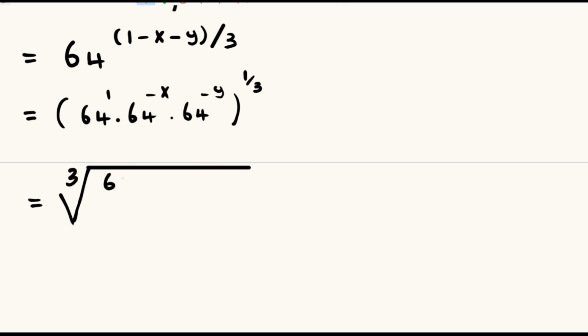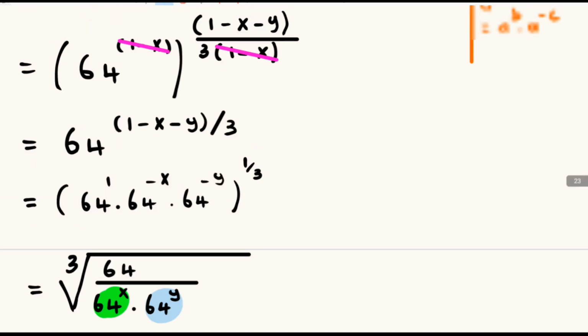of 64. And the 64 raised to the power negative x, we take it to the denominator and the exponent will change sign to positive x. We also take the 64 raised to the power negative y to the denominator and the exponent will change sign to positive y. We were originally given the value of 64 raised to the power x and 64 raised to the power y